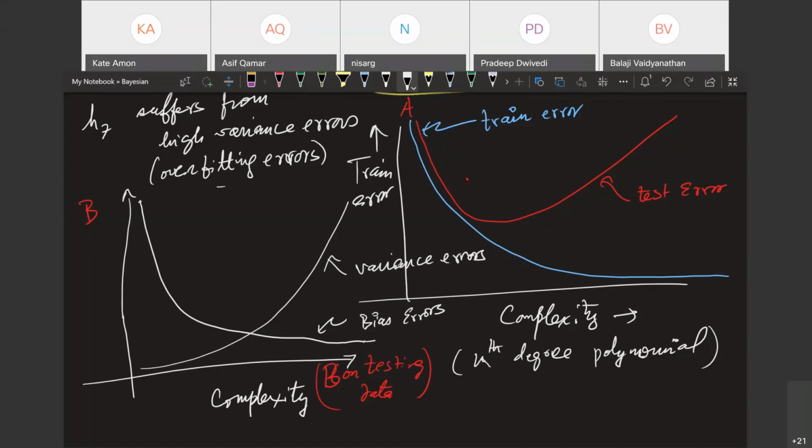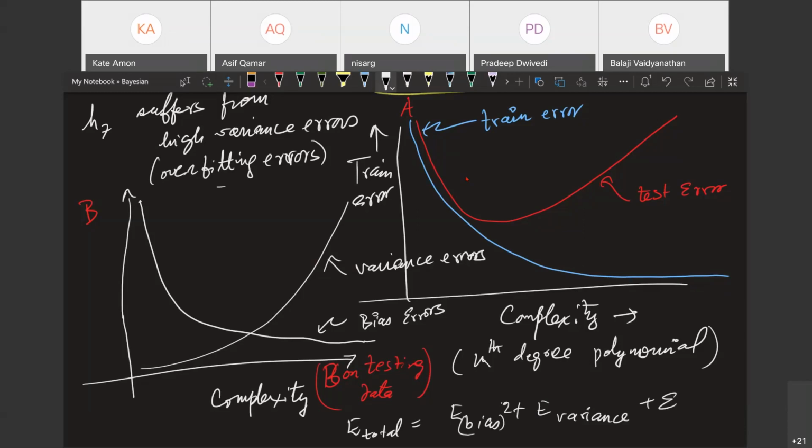And remember, your total error is what? Bias squared plus variance plus the irreducible noise.